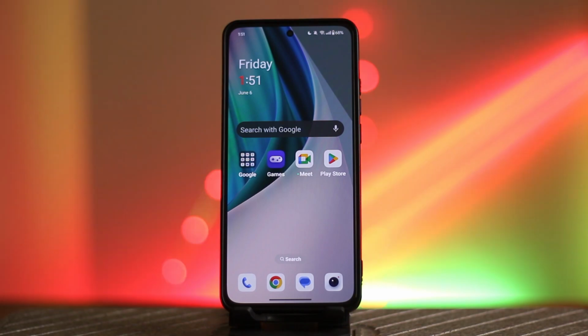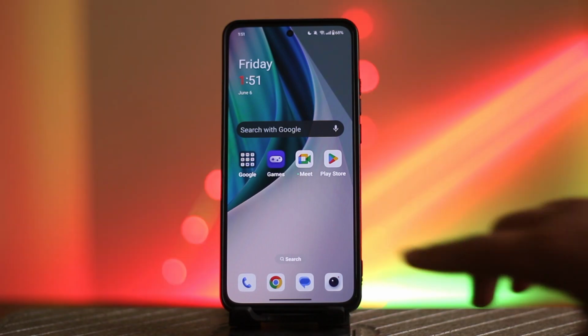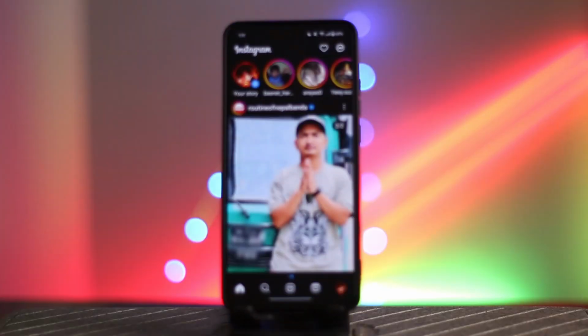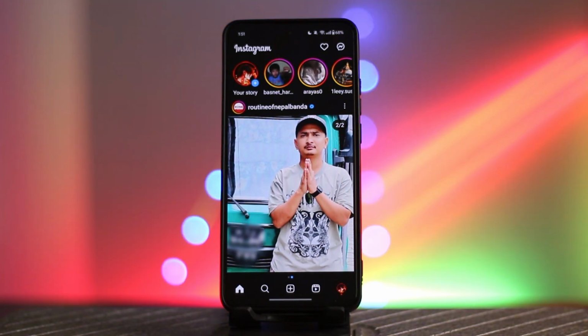So, if you want to learn how to post some photos or videos on Instagram, what you're simply going to do is first open Instagram on your device. Now, in the bottom, in the middle, you can see a plus icon. Click on it,